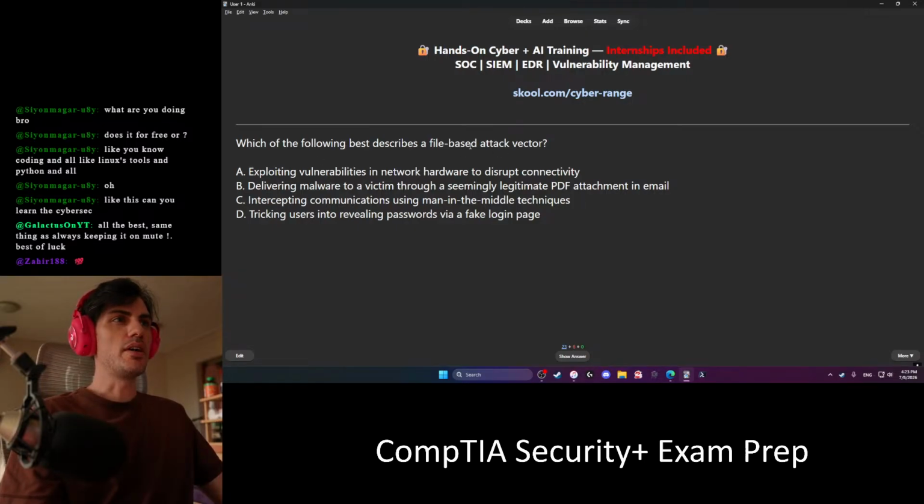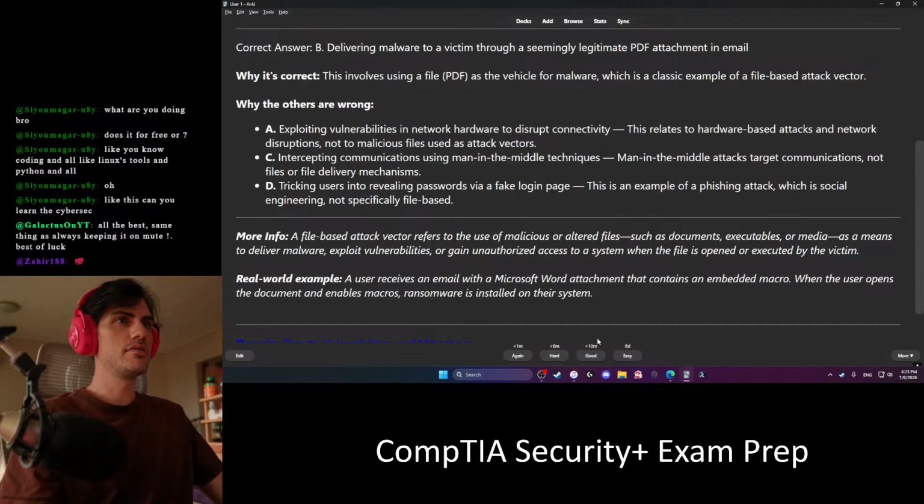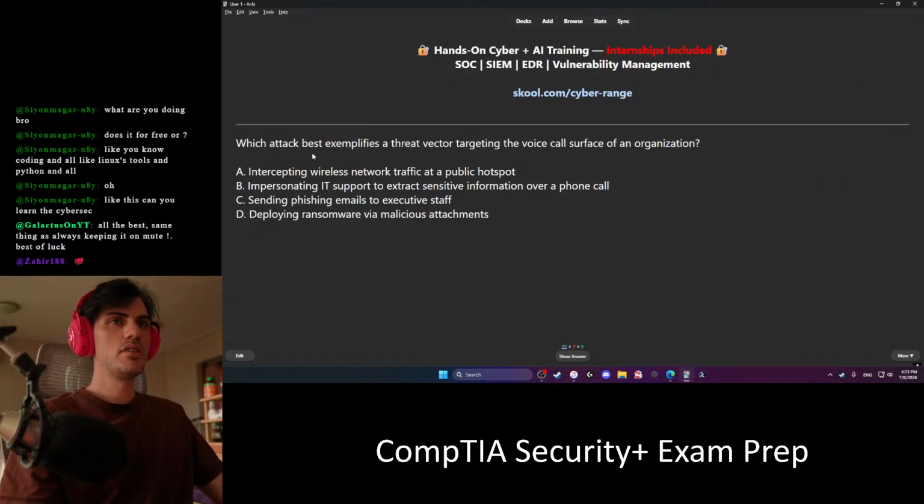Which of the following best describes a file-based attack vector? Which attack best exemplifies a threat vector targeting the voice call surface? B, I'd say.